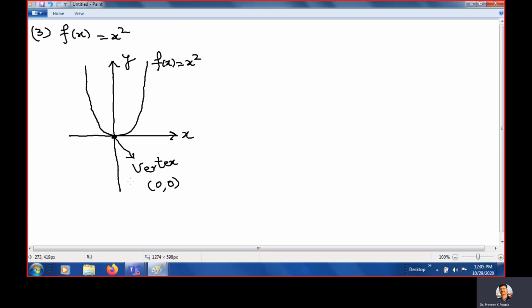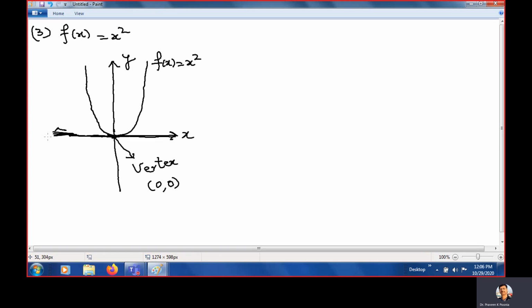Clear? One more thing I want to tell you is that the domain of this function is R, as I explained on the previous slide. If we talk about the range, I explained in the last lecture that the domain is the values of x and the range is the values of y. You will see there is no graph below; the graph is only on the upper side. The graph starts from this line.